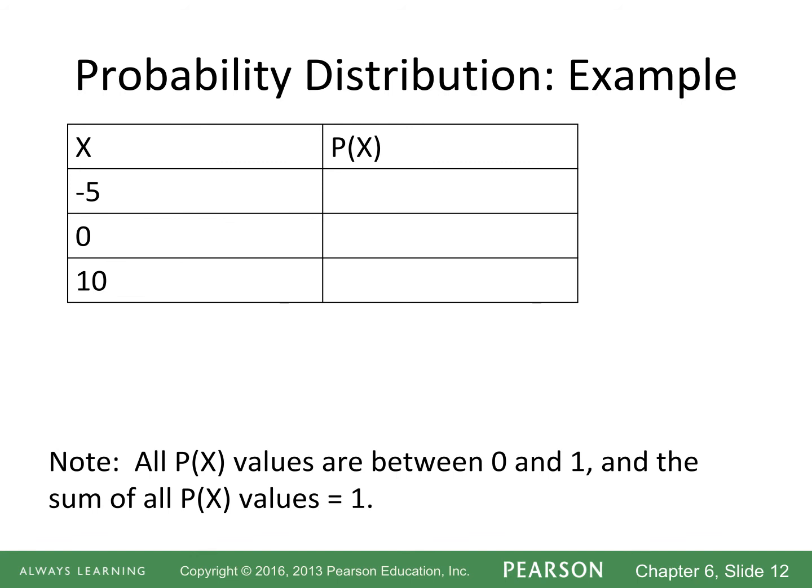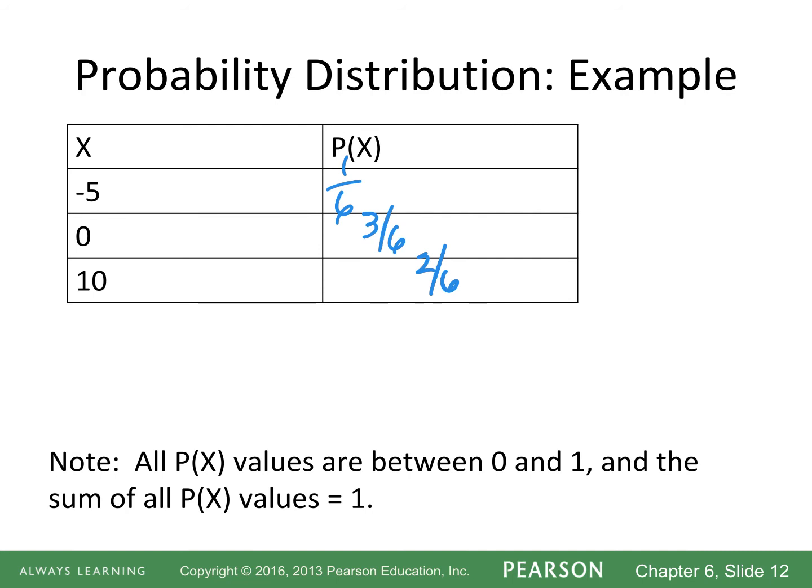So the first outcome is losing $5. This was the outcome of rolling a 1, which is 1 out of 6. The second is if we win or lose nothing. So that was the probability of rolling a 2, 3, or a 4. And that was 3 out of 6. I'm going to leave it unsimplified for now. And then the last outcome is getting $10, which would be rolling a 5 or a 6. And that came out to